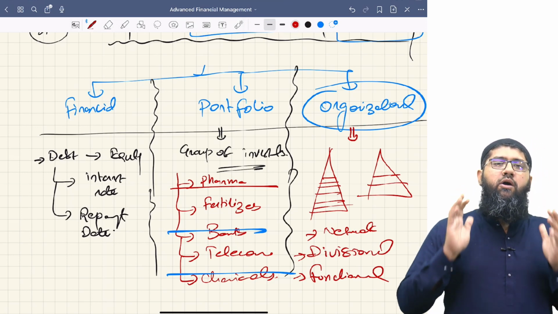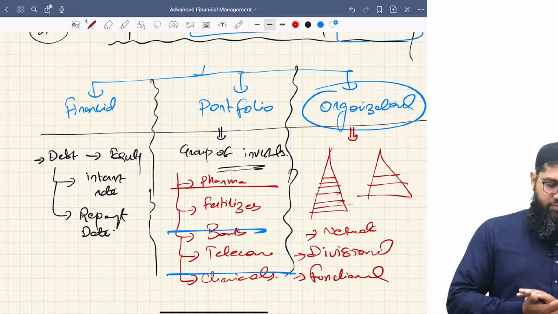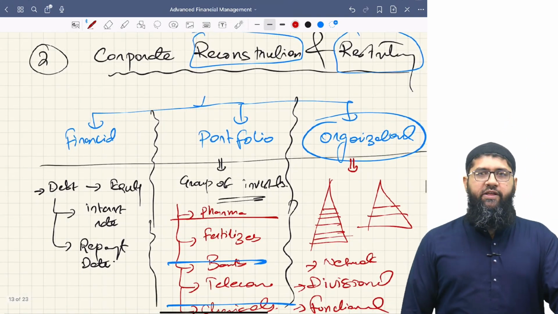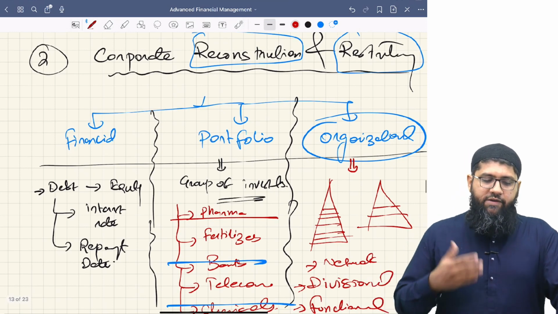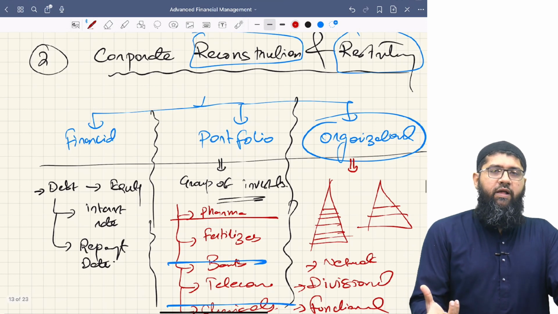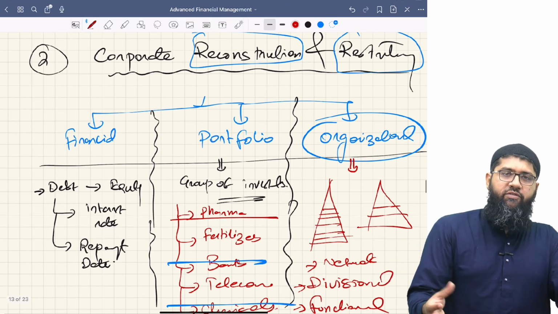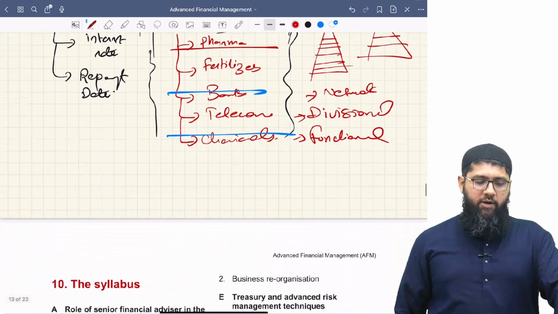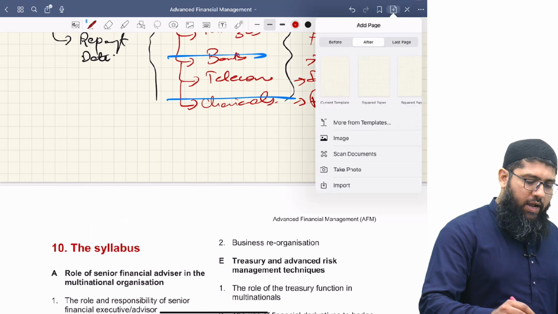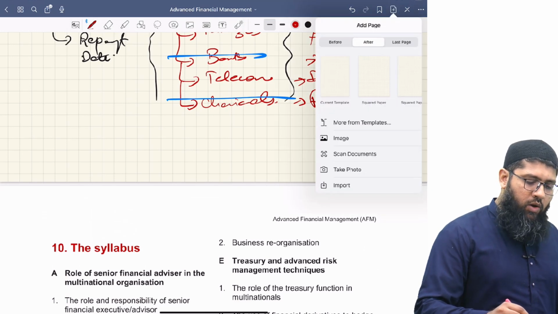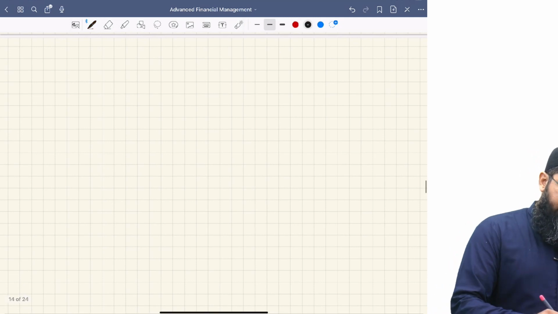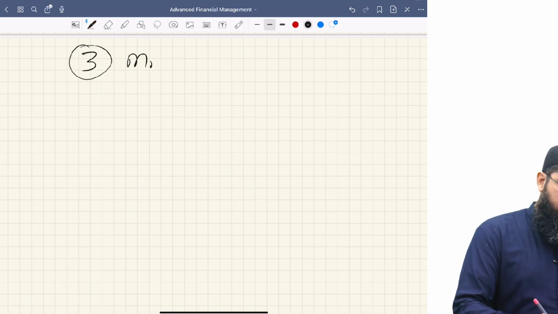What is it termed as? Organizational restructuring. So when we'll be talking about corporate reconstruction and restructuring, what are we going to be discussing? We're going to be discussing how an organization reconstructs itself, how an organization restructures itself. That is what we will be talking about. I'll move a bit forward and I'll guide you on what other things are going to be there. The third specific area of the syllabus is about